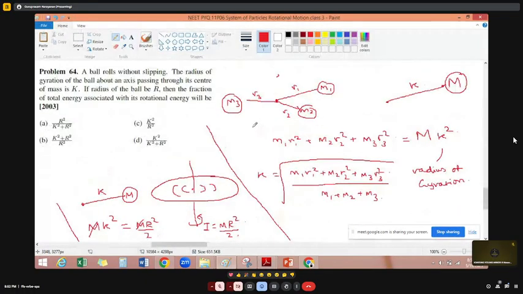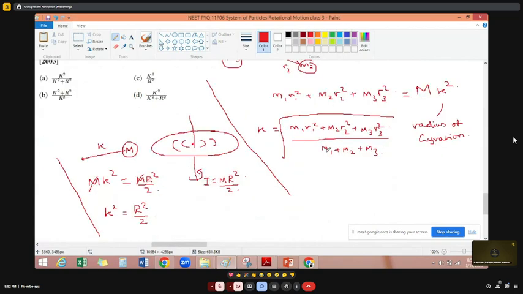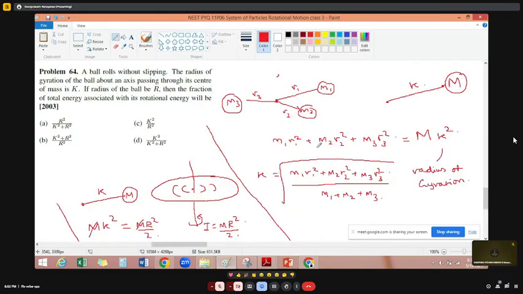Coming back to this question. Now only we are coming to the question. All these things are basics. I'm assuming that you may have some trouble understanding radius of gyration, so that's why I'm going through the basics. A ball rolls without slipping. The radius of gyration of the ball